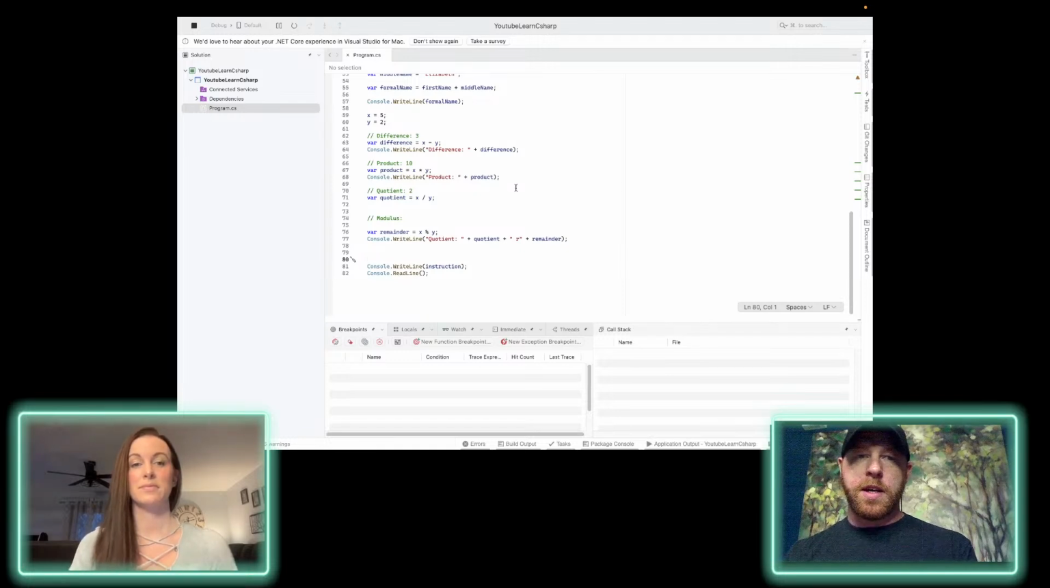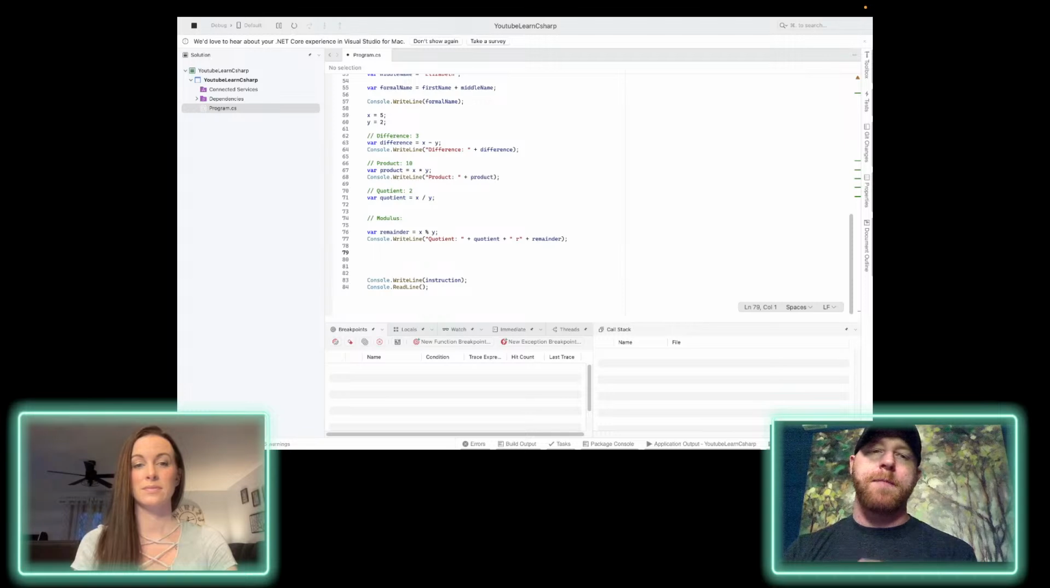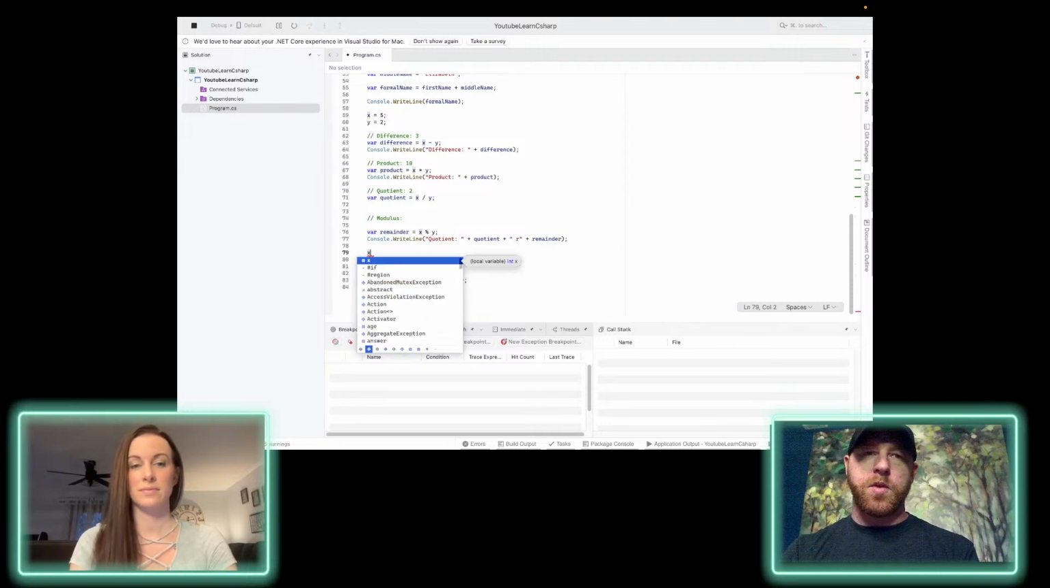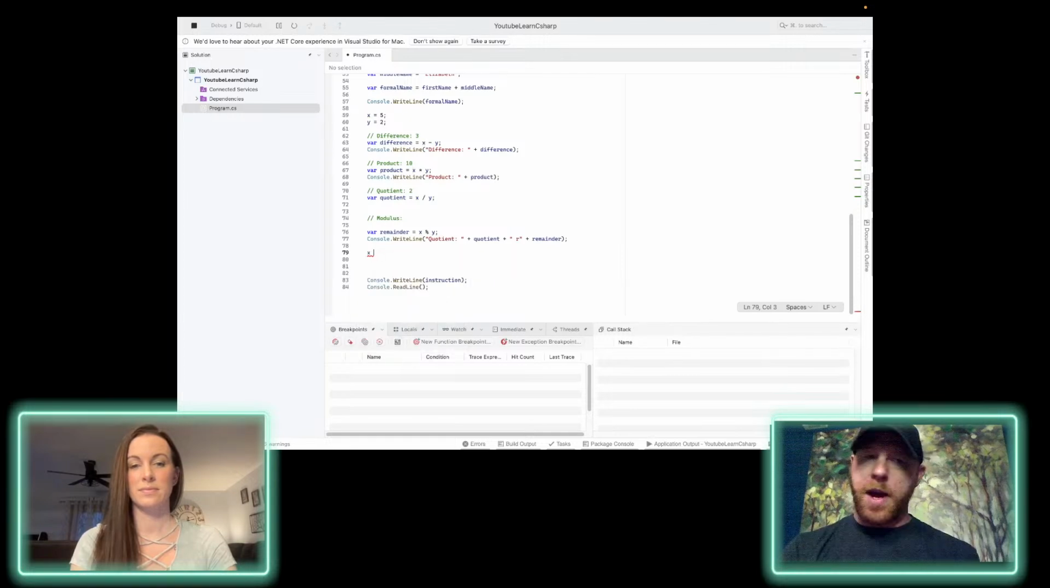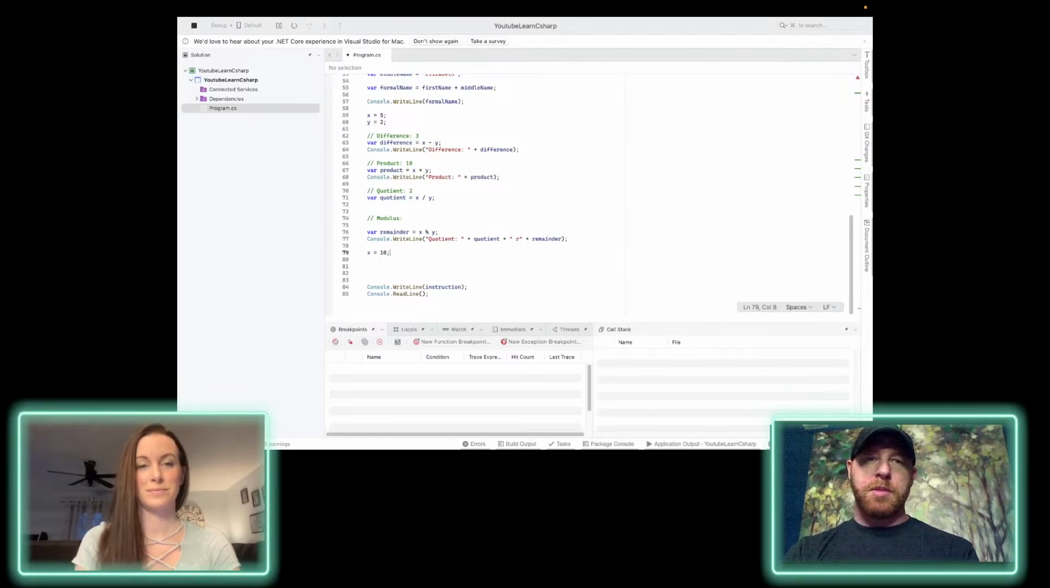So under console.writeLine quotient, make some spaces. So basically just above our output to wrap up the program. We're going to change x and y. So x is going to become 10 and y is going to become 20. Doesn't matter. And let's say we wanted to do all of this again, right? But we're not going to. We're just going to do one of them again. But let's say we wanted the difference again. So we're going to say difference equals x minus y again. And then we're going to print